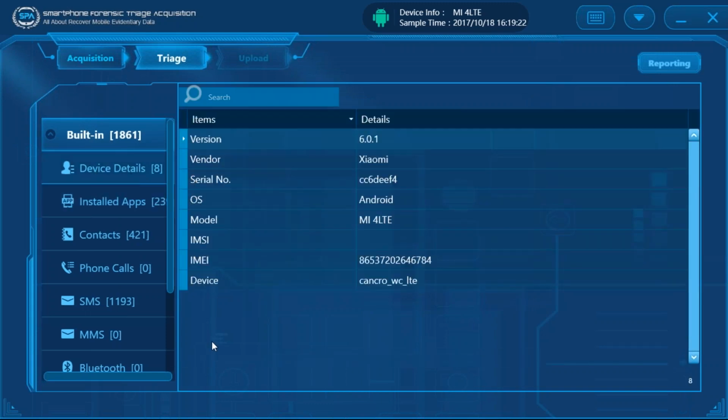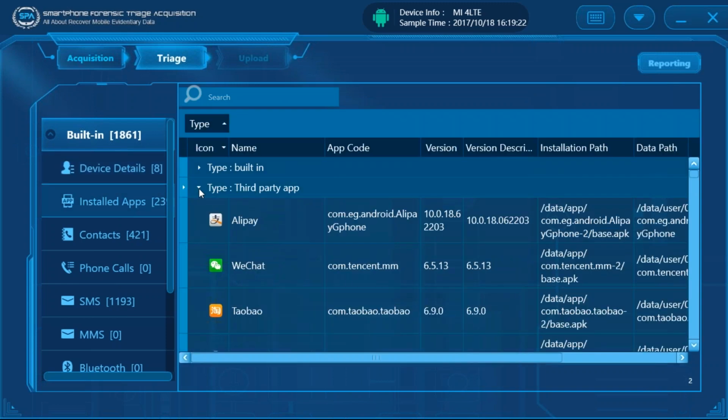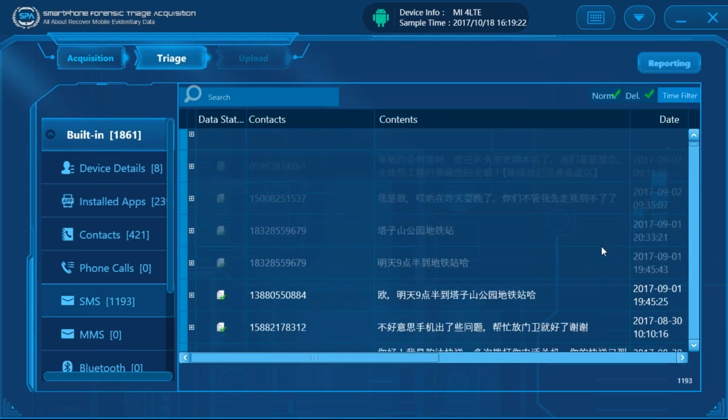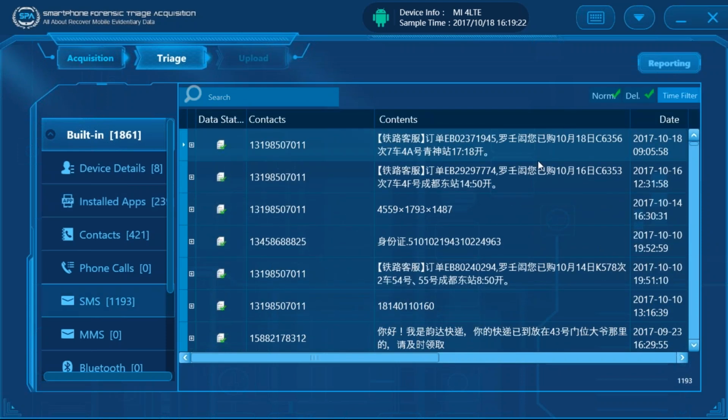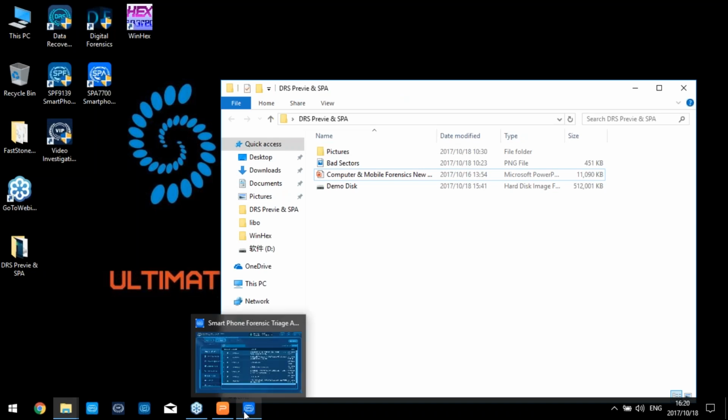Now, as we can see, this is also working well for unrooted smartphones. The process goes very quickly. It took maybe less than 1 minute to complete the process. We can extract the information also from smartphones without root access. Okay, so this is our first new product, this SPA smartphone